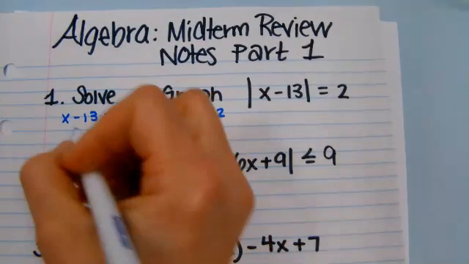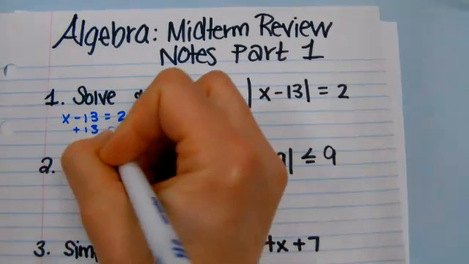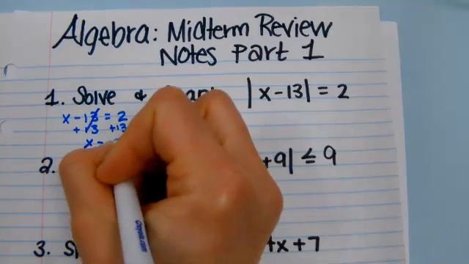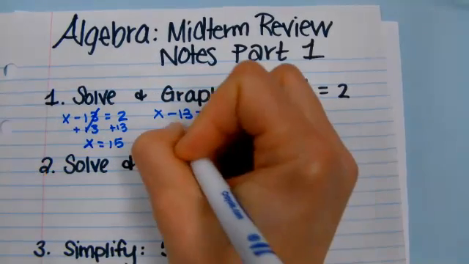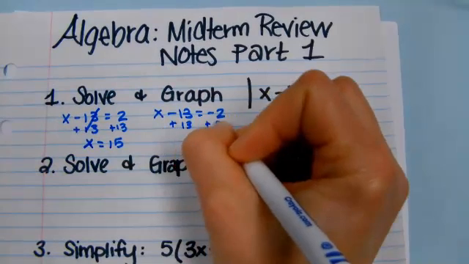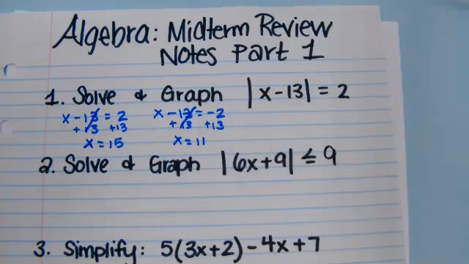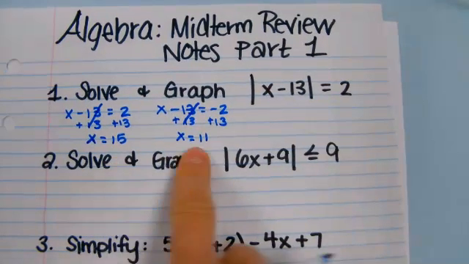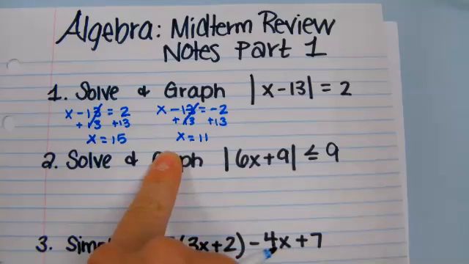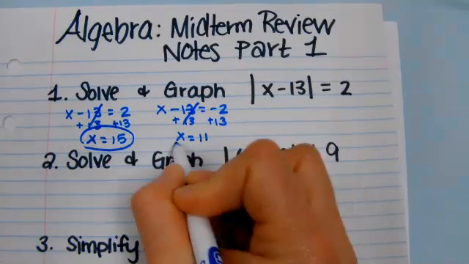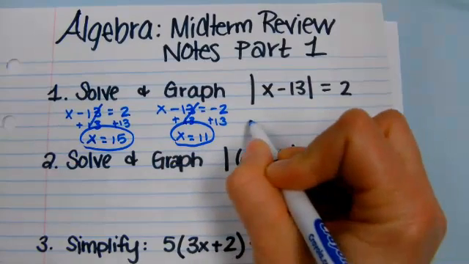Okay, so I'm going to add 13 to both sides. The first answer is x equals 15. I'm going to add 13 to both sides on the other one, and I get x equals 11. So those are your 2 answers. In this case, because it is equal, it doesn't matter if you write and or, because on the graph you don't even have to write anything. You can just circle these 2. And then when you graph it,